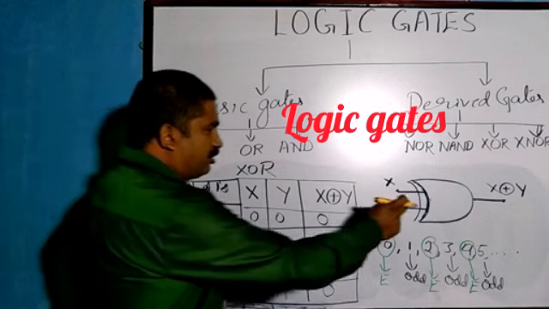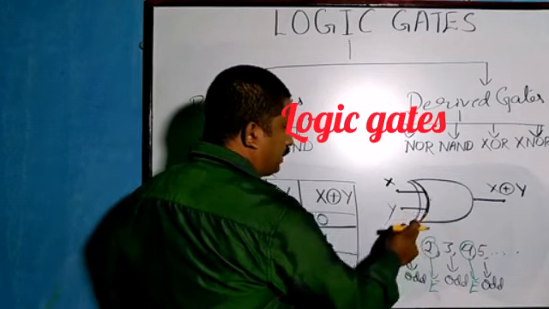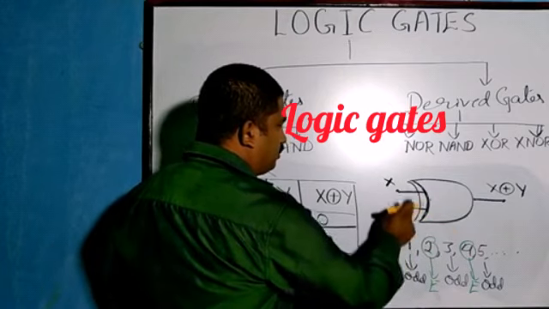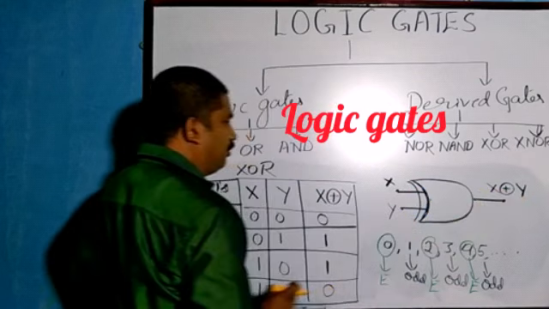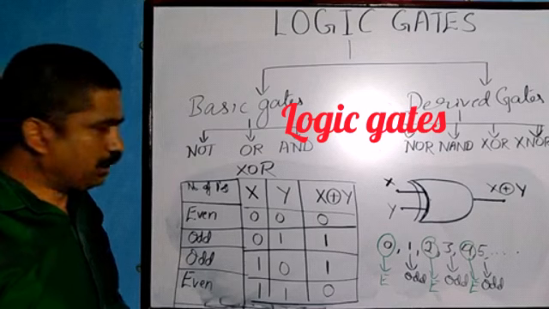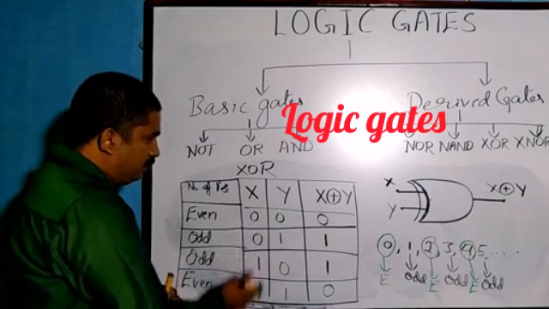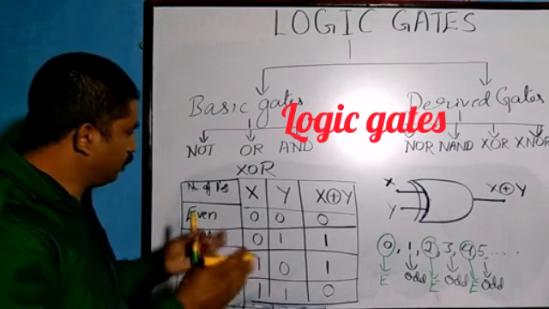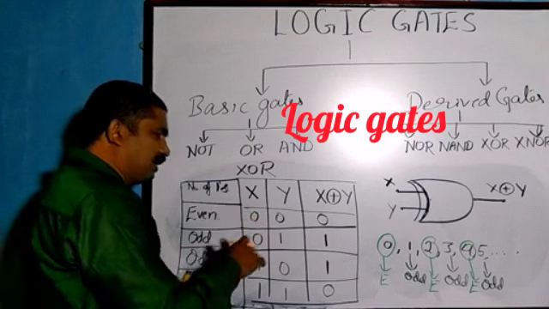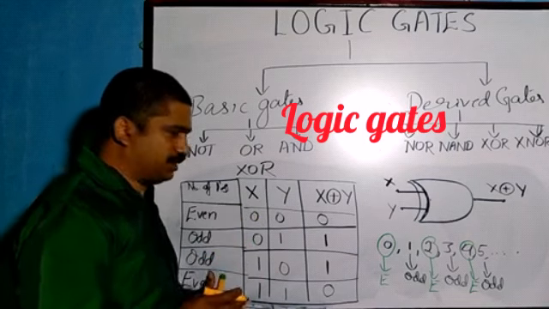So this is the circuit symbol for the XOR gate. Draw an OR gate. Okay. So mark like this. So this becomes the XOR gate. So this is the symbol for the XOR gate in Boolean algebra. Okay. This is the truth table. So you have 2 inputs. You can also have 3 inputs, 4 inputs also. So there also you have to calculate like that only how many times ones exist.